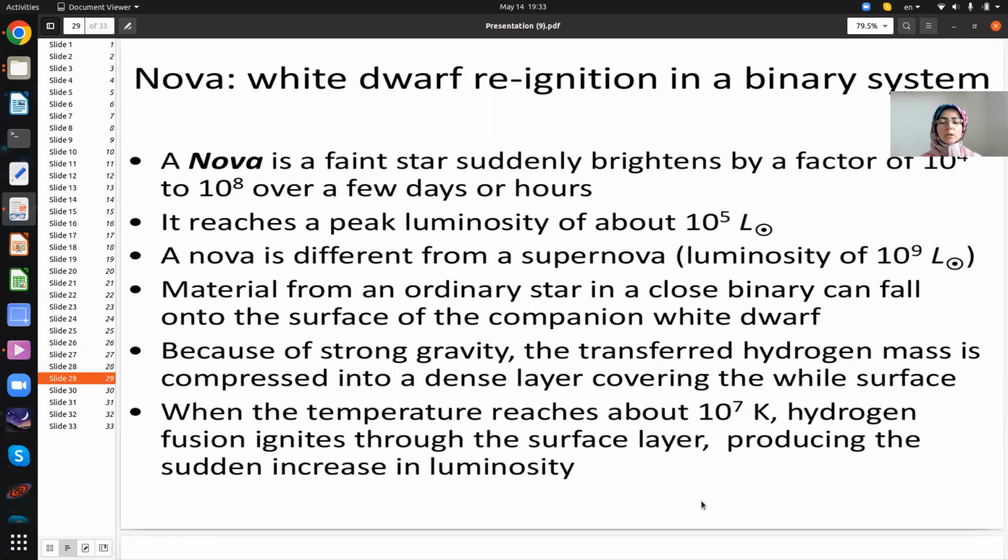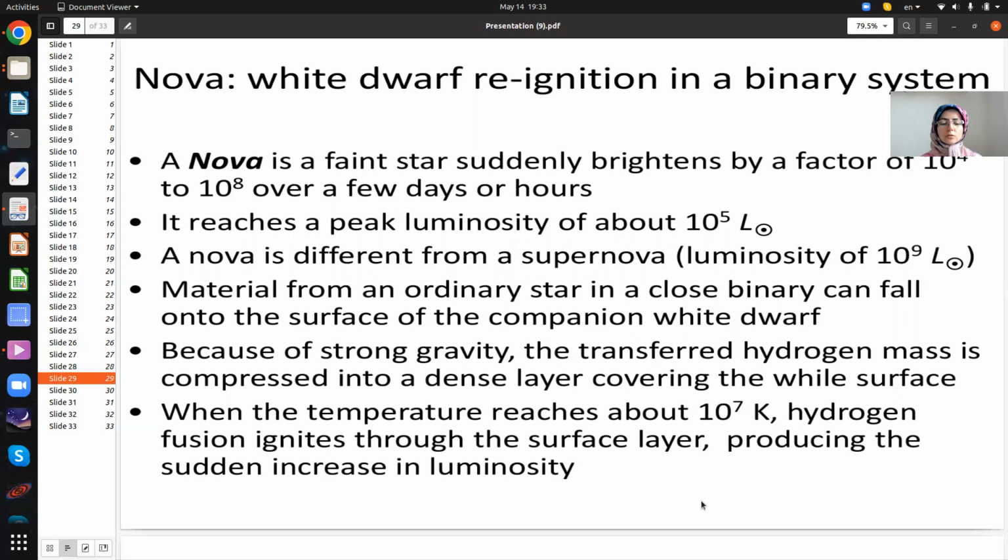When we have a white dwarf and the material of its companion goes to the white dwarf, the hydrogen shell around the carbon and oxygen core ignites, and then it explodes with a lot of radiation, which we call a nova. Then it stops, and then it accretes mass again and again, and we have a nova again. But still it has no fusion in the core. Depending on which shell ignites, hydrogen or helium,